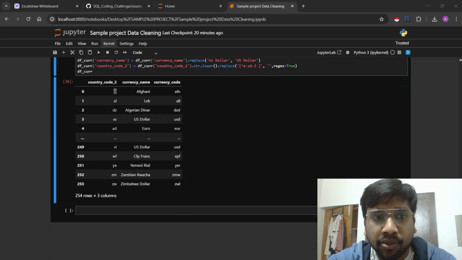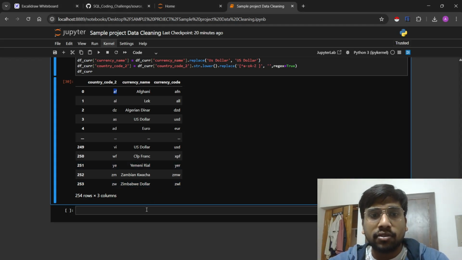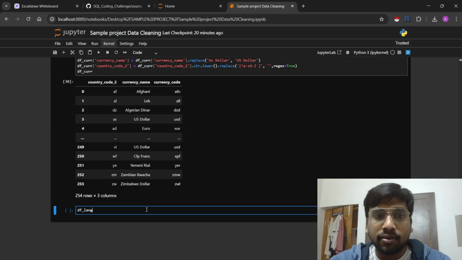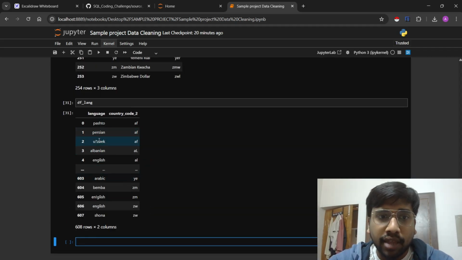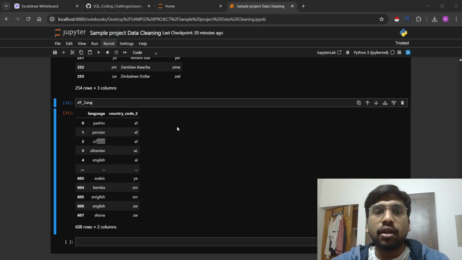It's correct. And for our last dataset, which is df lang, again the same thing. The special characters have to be removed and the case has to be changed. I would rather use title case only for this as well.